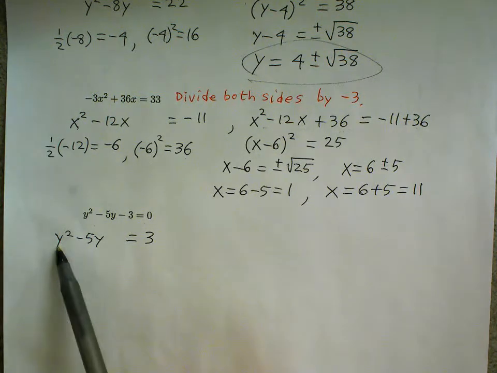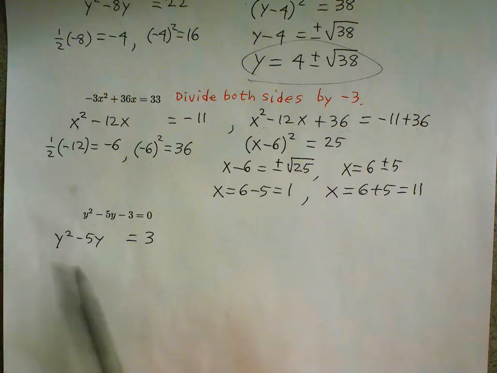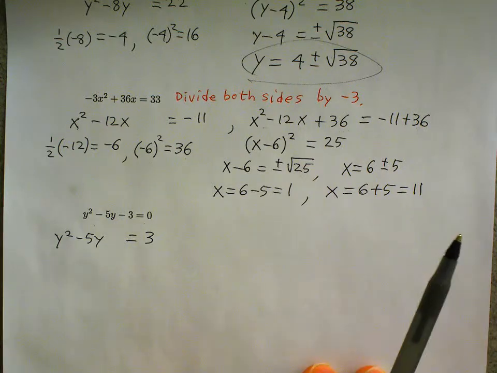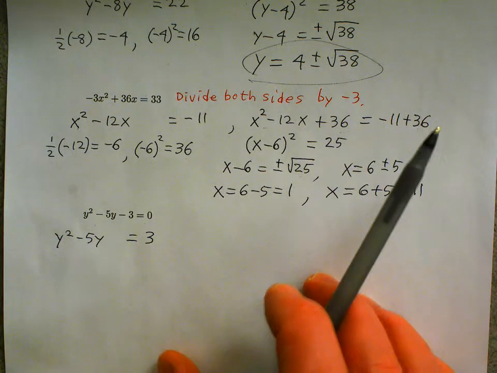The coefficient of y squared is 1. If the coefficient of y squared would have been something different than 1, we would have divided every term on both sides by whatever that number would have been. But since the coefficient of y squared is 1, we go to the next step,